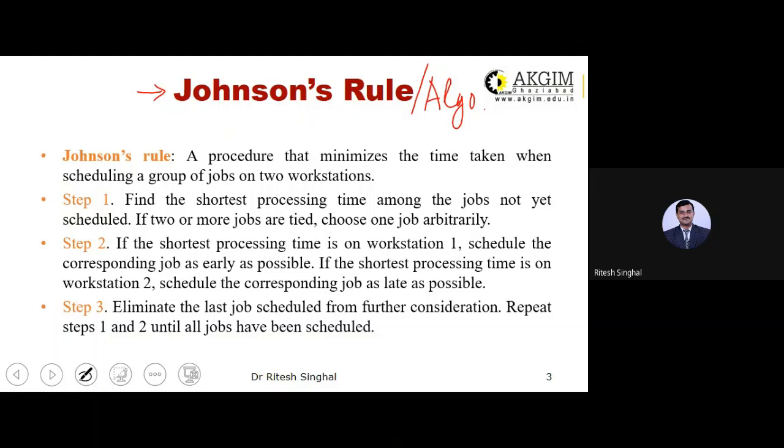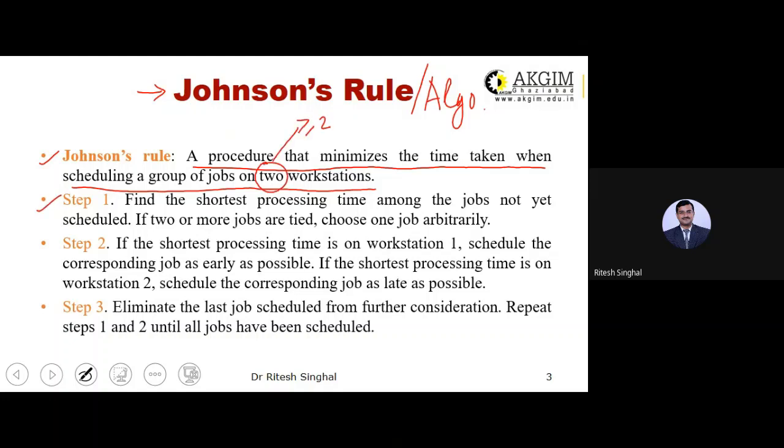Johnson's rule says that it is a procedure that minimizes the time taken when scheduling a group of jobs on two workstations. That may be more than two also sometimes.